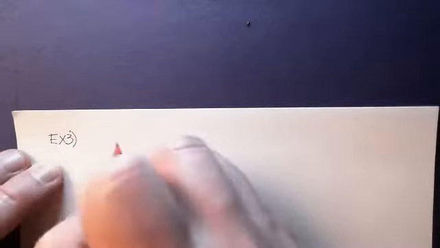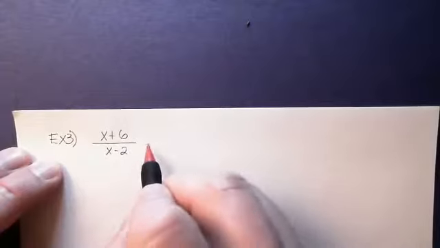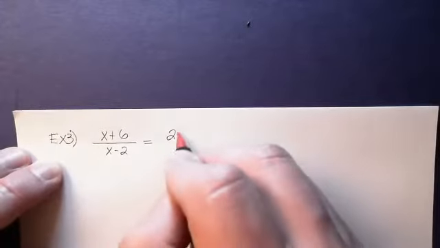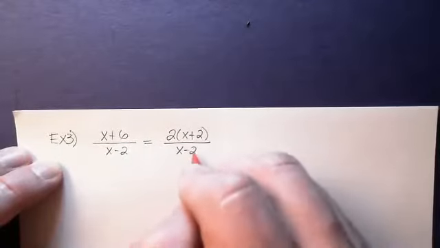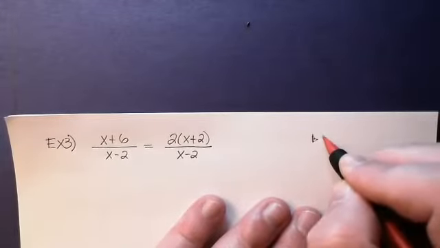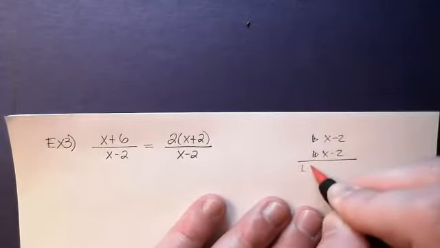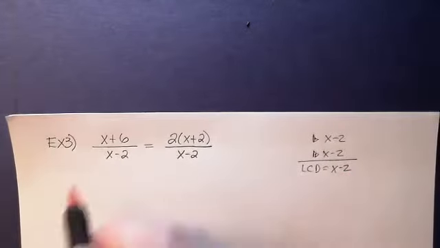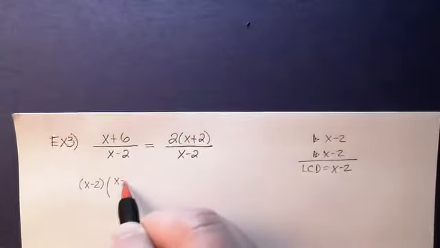is going to be (x plus 6) over (x minus 2) equals 2 times (x plus 2) over (x minus 2). Alright, if you notice here, we have first denominator x minus 2, second denominator is x minus 2, so that means our least common denominator is x minus 2. So in other words, I already have a common denominator, so basically all I have to do is multiply both sides by x minus 2, and when I do that,